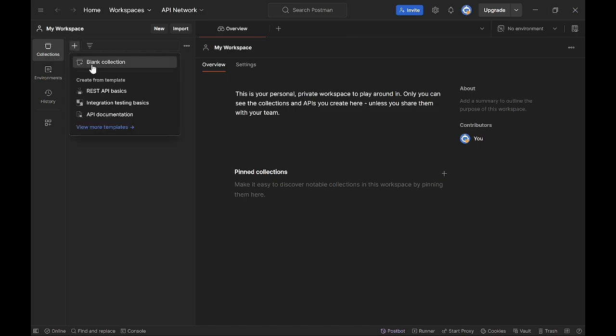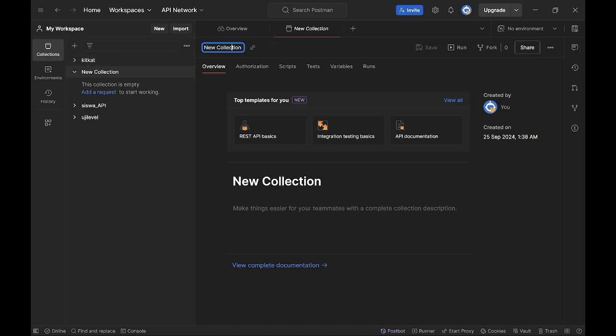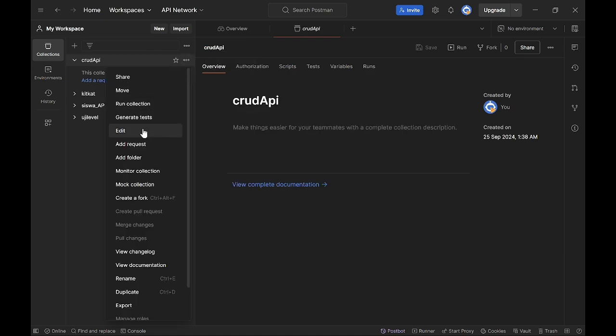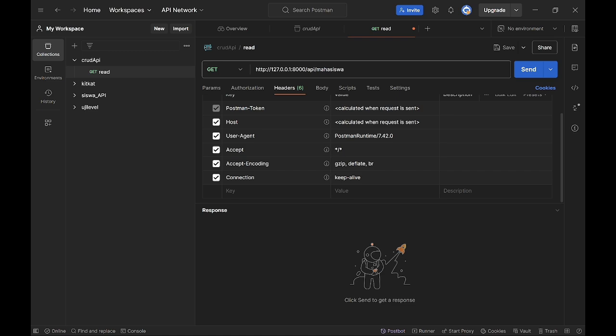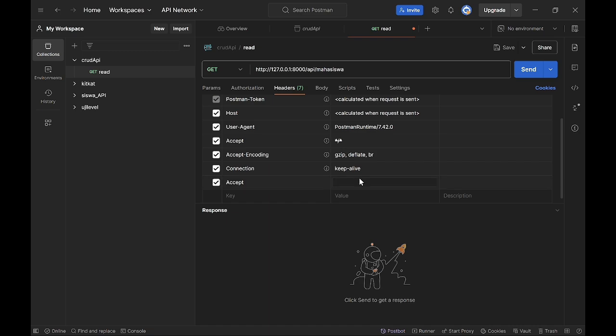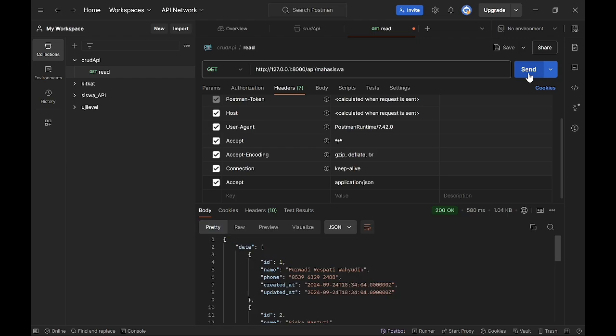And then I make a new collection, a blank collection, and then I rename this to CRUD API. After this, I will add a request for reading data, and then I paste this Laravel URL here, and then I add slash API and slash mahasiswa, and then in the headers we add Accept and application/json, and then we send.